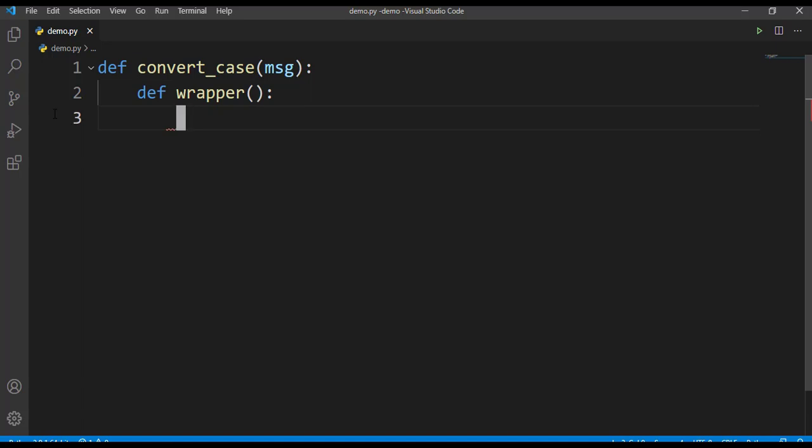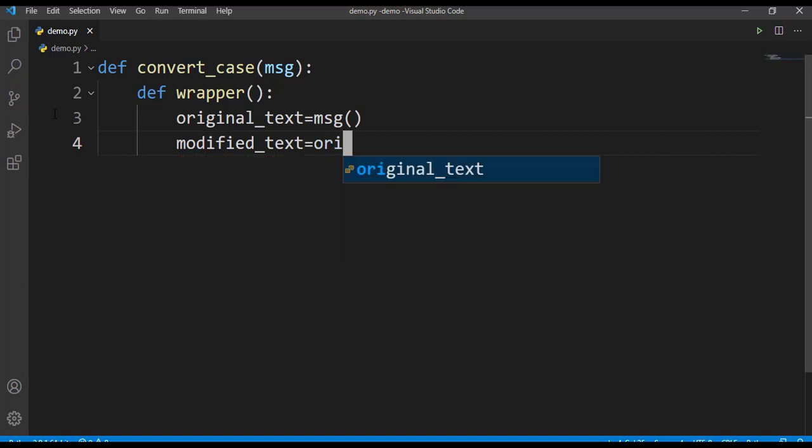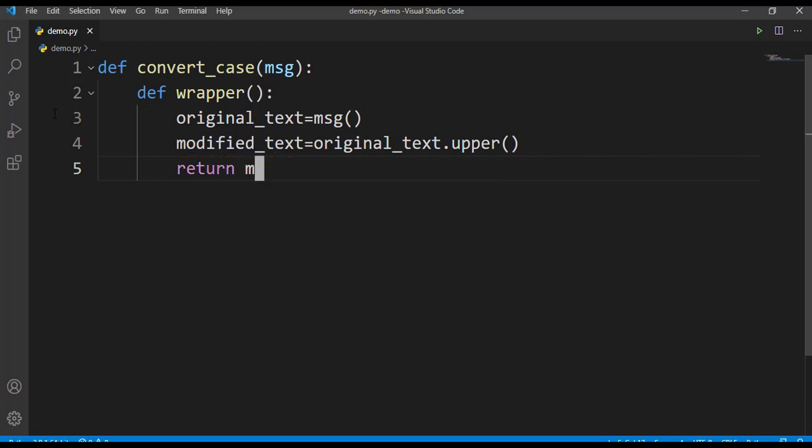So to do that, let's consider original underscore text is equal to, we have to call this function now, and then let's take modified underscore text is equal to, we have to convert this original text to uppercase. So we can make use of dot upper method and return modified text, and let's also return wrapper.